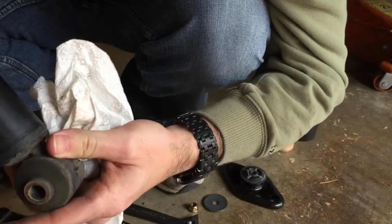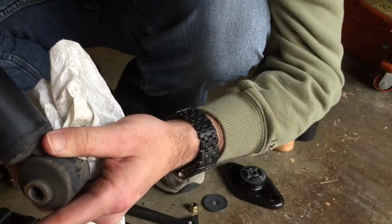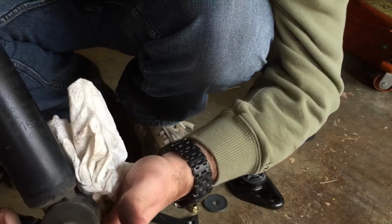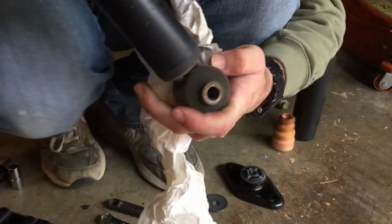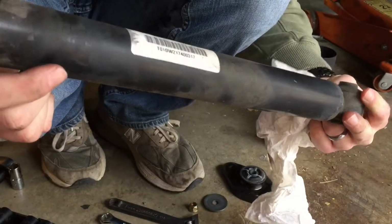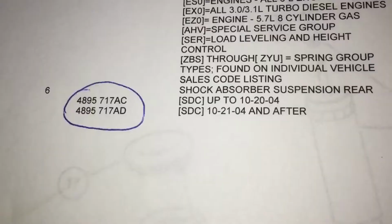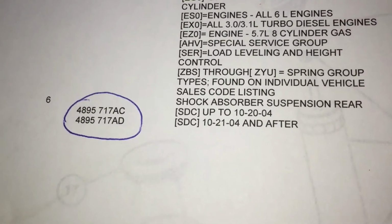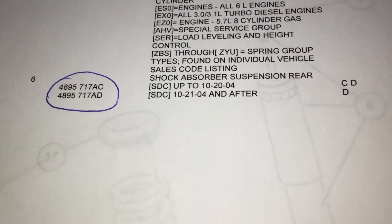Let's see. It's got a part number 04895507AC. That's the same as what's on the sticker. No surprise there. Made in Mexico. All right, well, let's compare with the new one. That's the original part number. So Magnums, I guess, up to 2004, and then would be one part number or the other, and that matches